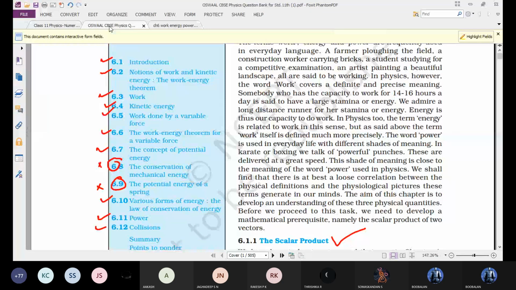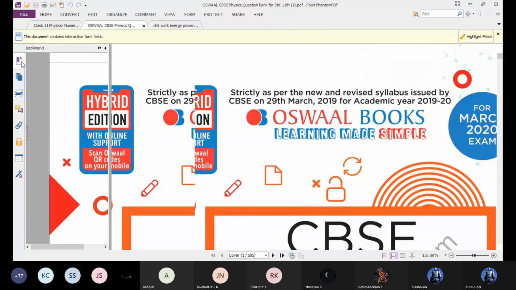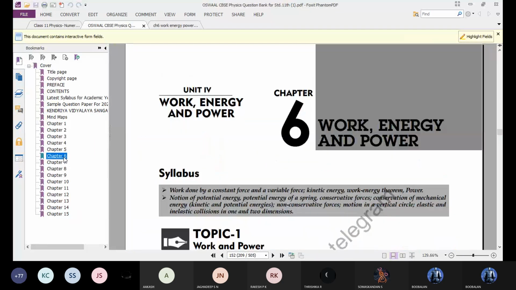For term 1 syllabus, chapter number 1 to chapter number 8. So up to 6th chapter we completed. Remaining 2 chapters are there. Rotational motion, another one gravitation. Rotational motion is somewhat a different area. Gravitation is very easy. So only 2 chapters now. So at most by August 20 we will complete the term 1 syllabus. Okay, after that we start with the revision work. So be ready for that.